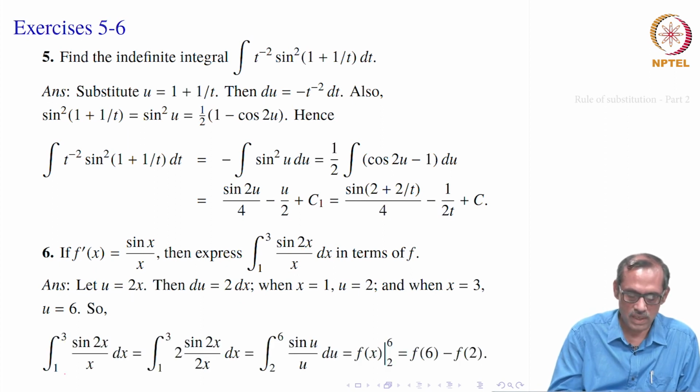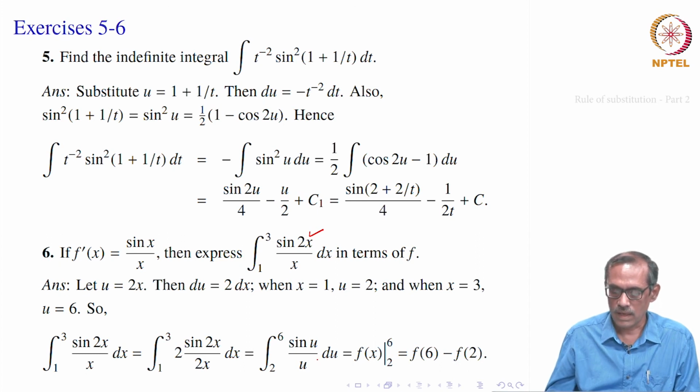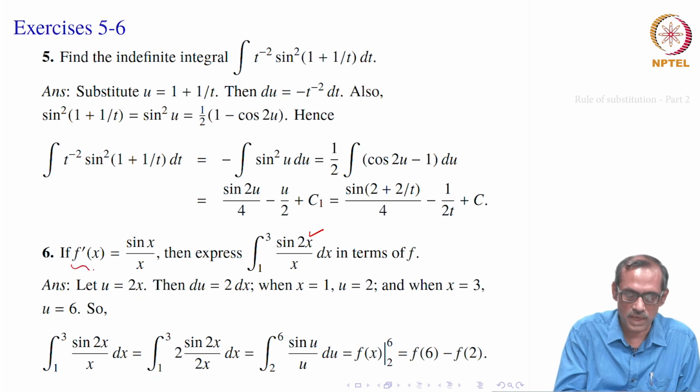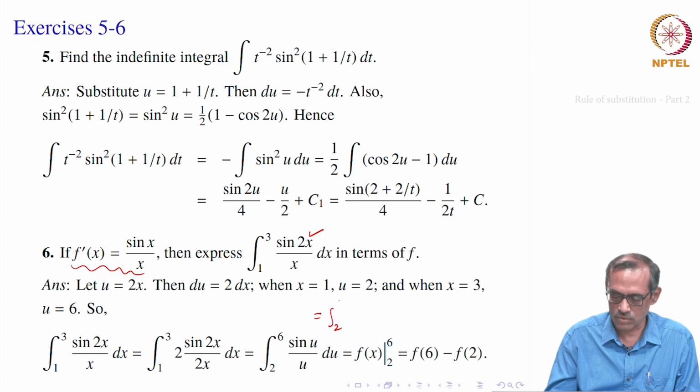So, the integral from 1 to 3 of sin 2x by x dx can be written as the integral from 1 to 3 of 2 times sin 2x by 2x dx, which is the integral from 2 to 6 of sin u by u du. Fine. Now, sin u by u is given to be f prime, that is why we have done it. So, this is really f prime of u. So, this is equal to the integral from 2 to 6